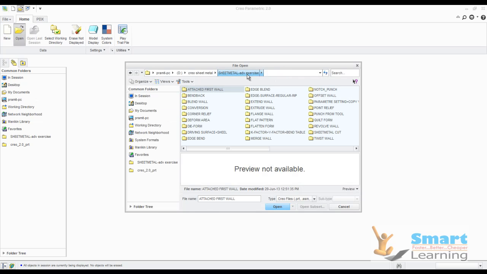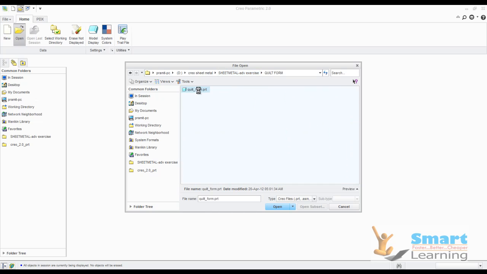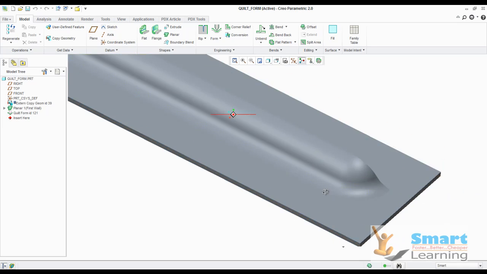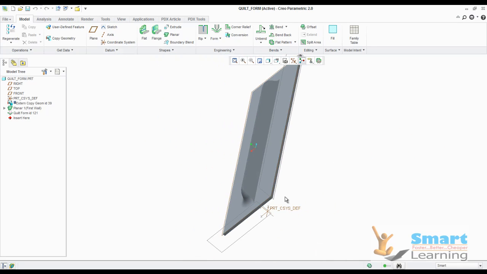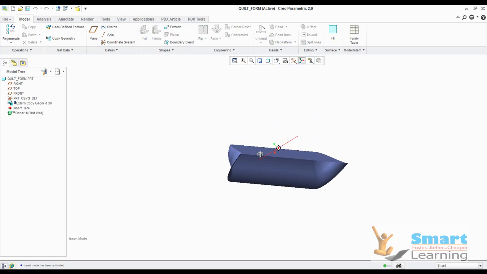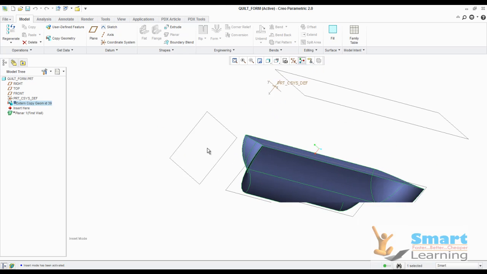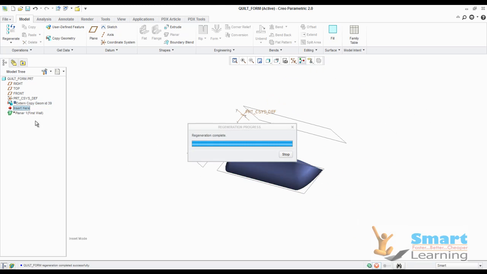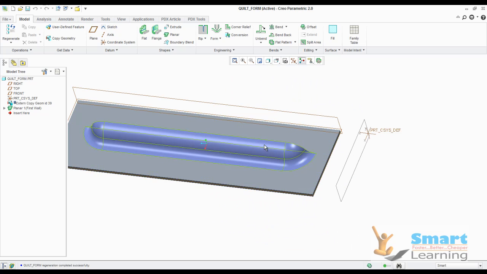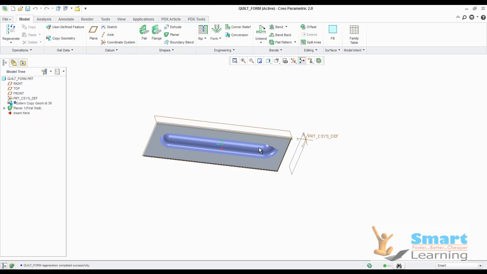From your advanced sheet metal exercise, you can get the quilt form and you'll be getting this particular file. Here you can see this tool has been developed for your punch operation. I will delete this and show you the scenario. This is the information which we have copied from external geometry, and this we have placed over the sheet metal wall. This is the flat wall. This particular geometry we need to convert into a single tool.